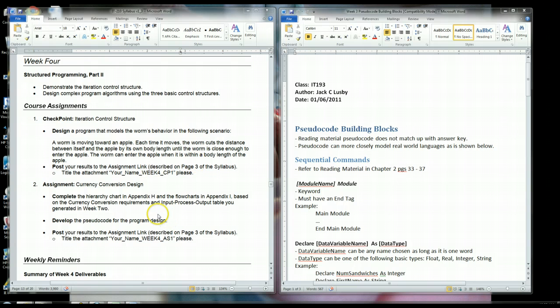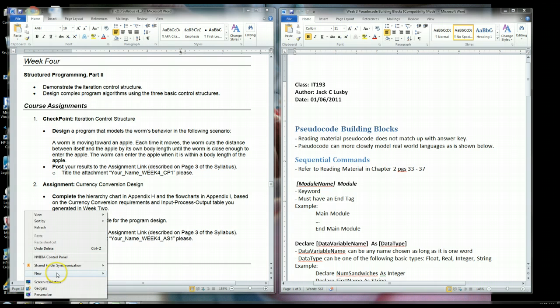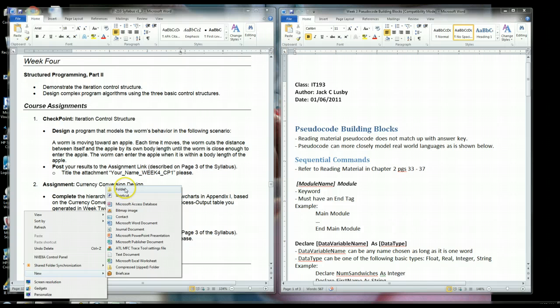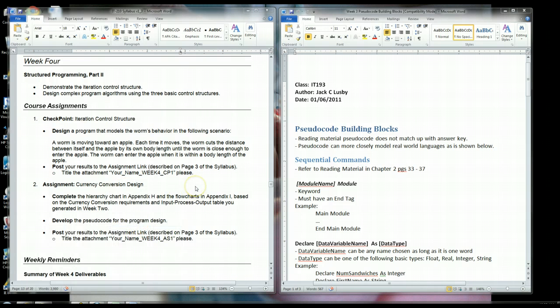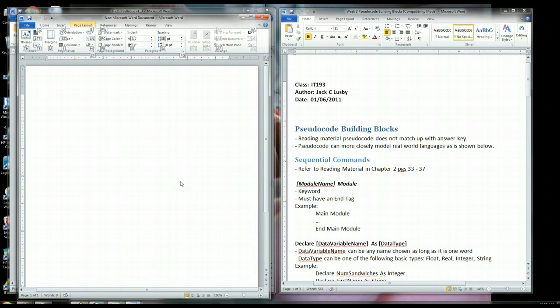Okay, so what I'm going to do is a similar thing, a similar assignment, but instead of a worm and an apple, what I'm going to do is something that's a little more real world here. Give me a sec. Okay, so I just opened up a new Word document really fast, but I'm going to do something a little more real world, and instead of